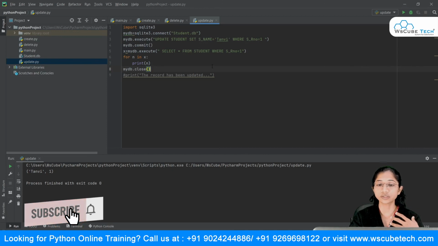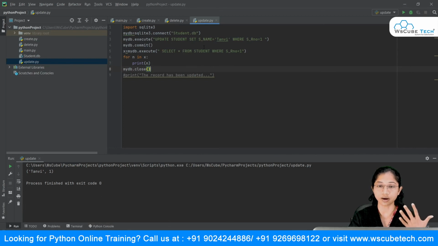And once you are done with this, it simply says your new record is updated. And in order to fetch the results, we are making use of the select statement, and in order to view this, we are making use of this for loop. So I hope you're clear with this concept, like what we did in this tutorial.